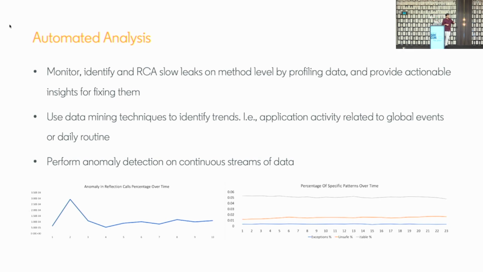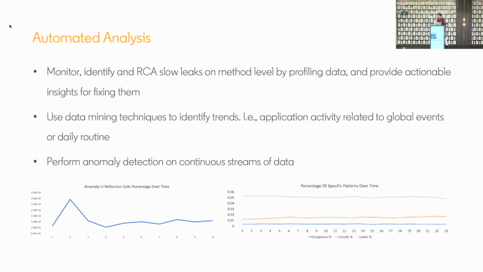For example, there are just two graphs right now which you can see on the screen. The first one is a pattern mined, how much time is being spent in reflection, doing Java reflections in one of the production services. And we see that at one particular point of time, the reflection graphs are spiking up. I don't have the exhibit right now due to certain other reasons, but at the same time, we detected that this service started dropping traffic because the CPU load went really high that time.